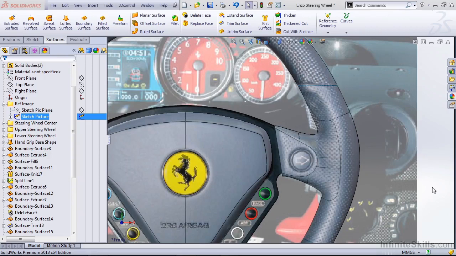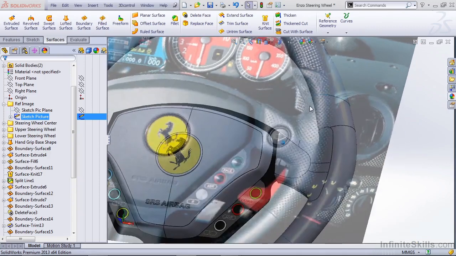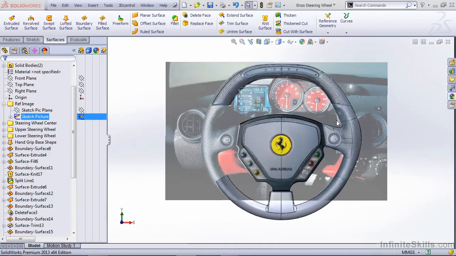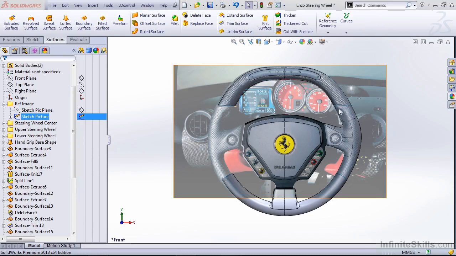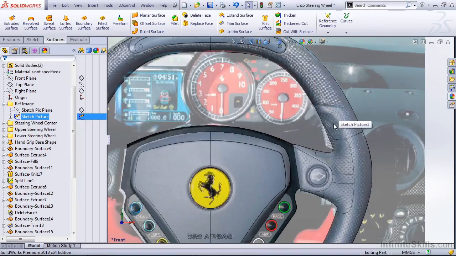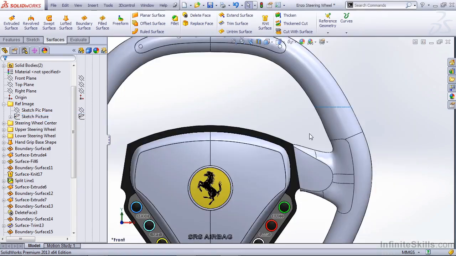In this lesson, let's focus on creating the thumb depression in our hand grip steering wheel area. As you can see in the image, there's a section where it's depressed for the thumb of the driver. Now this is going to be very difficult for us to create, especially not knowing the exact geometry for this. So we're going to take a very general look at the approach that we would take to create this type